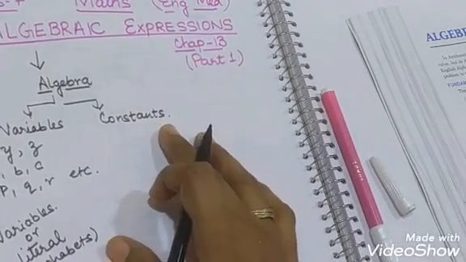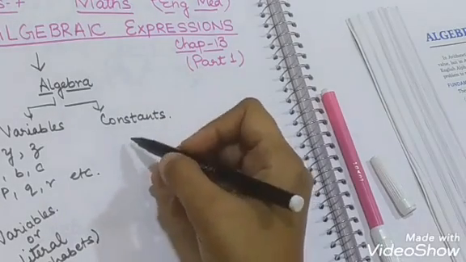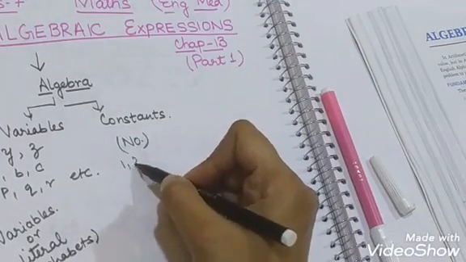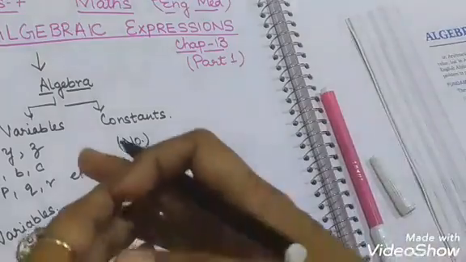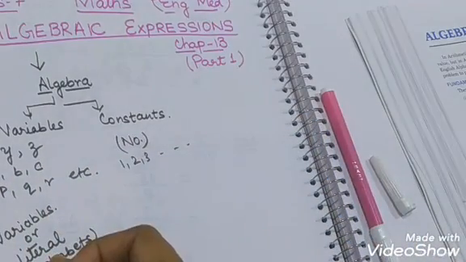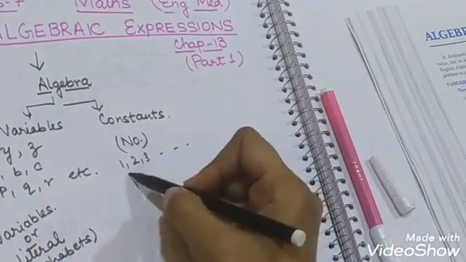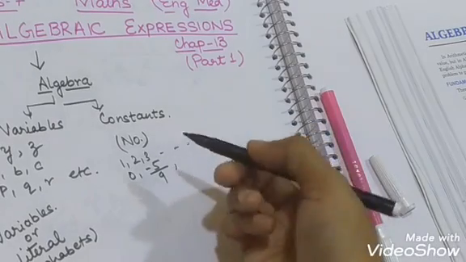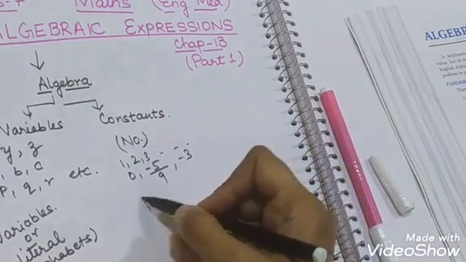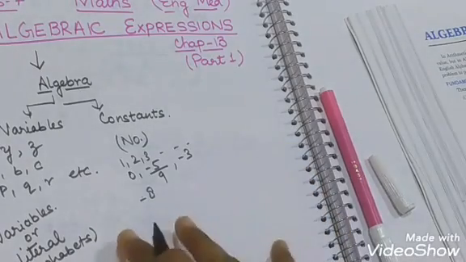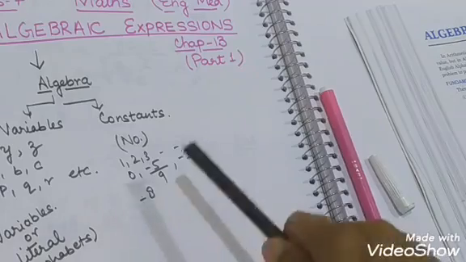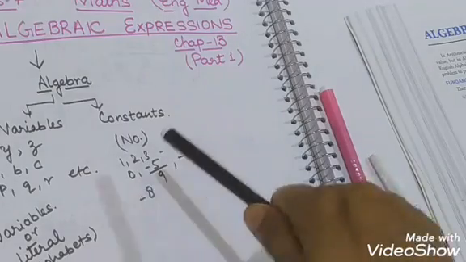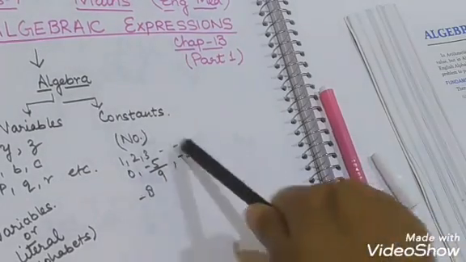While constants are the numbers. Every number is a constant. From 1, 2, 3 and so on. Numbers are infinite, there is no limit of numbers. 0, fractions, -5/9, integers, negative integers, -3, -8, anything, means any number, either integers, or 0, or whole number, or a fraction, or a rational number. Every number is a constant.